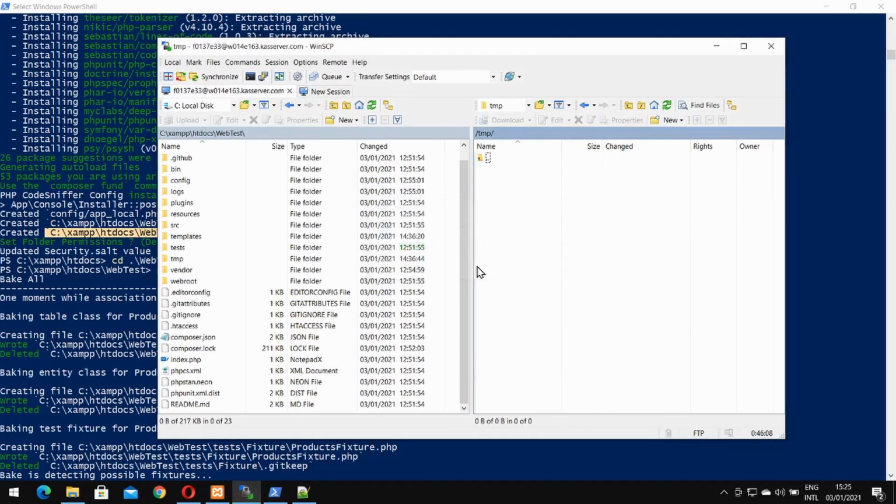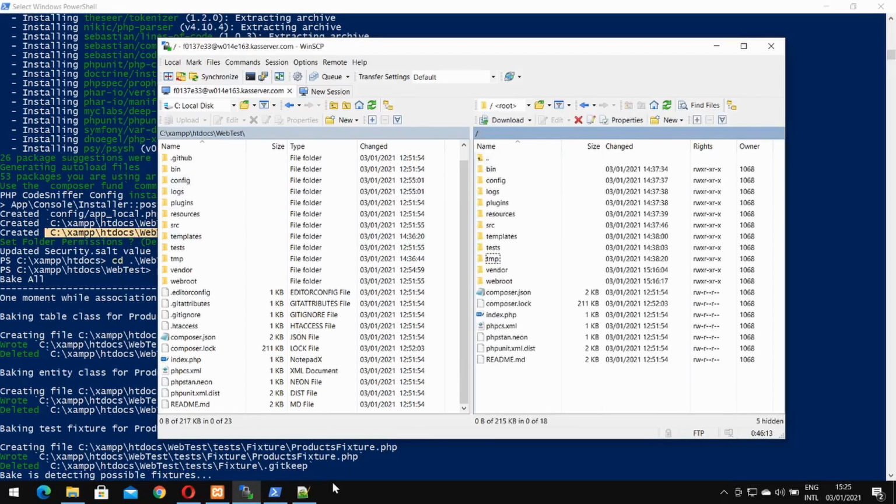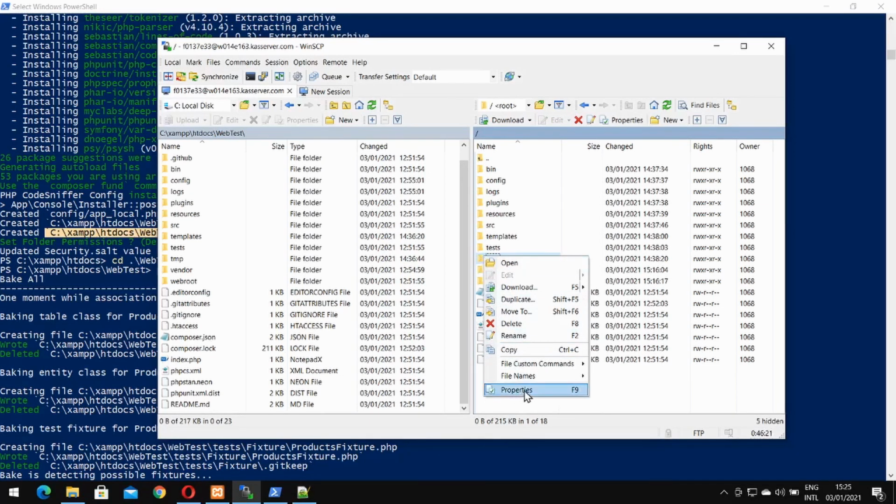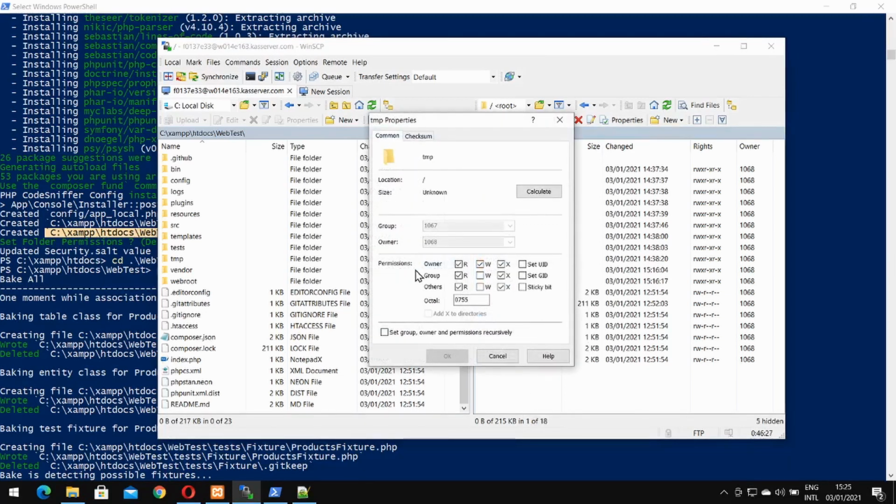Yes. In fact, you should do it first, before opening the page in the browser. Then just right-click with the mouse and go to Properties. In Properties, here you have Permissions. You see the standard permissions are that everybody, so owner, group, and others, can read and execute, which means when we have a folder, they can just look inside of it, but only the owner is able to